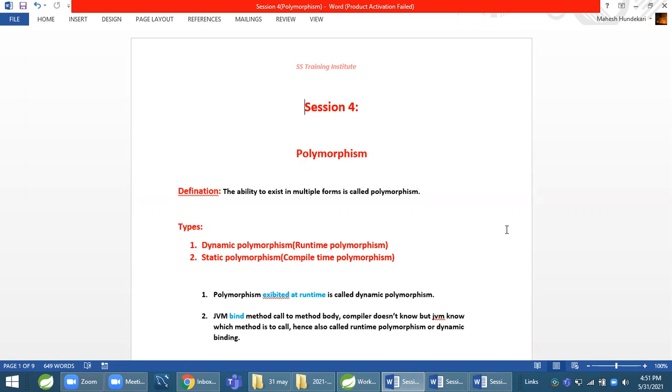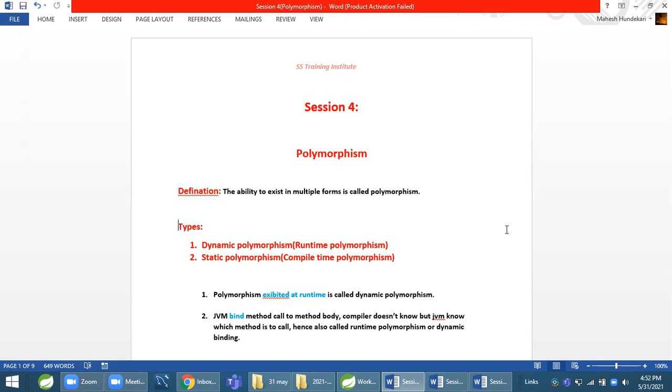Why do we use polymorphism? One reason is to maintain code cleanliness, and to provide some new implementation of our own to existing methods of Java. For that also we use polymorphism.